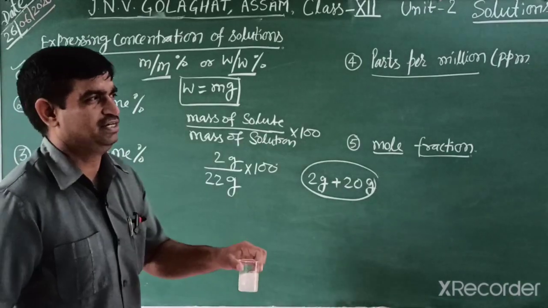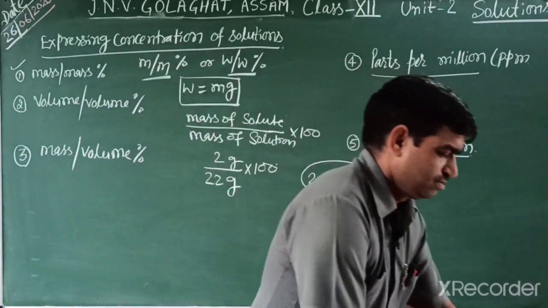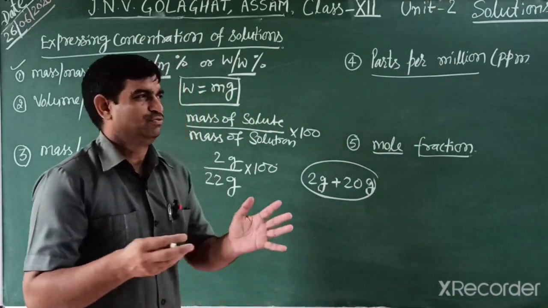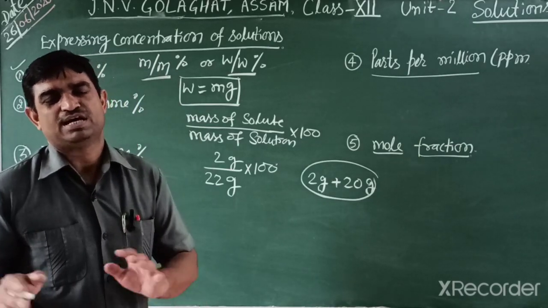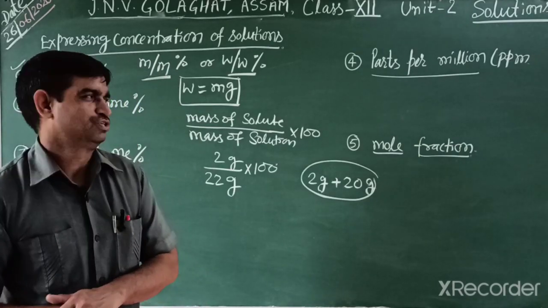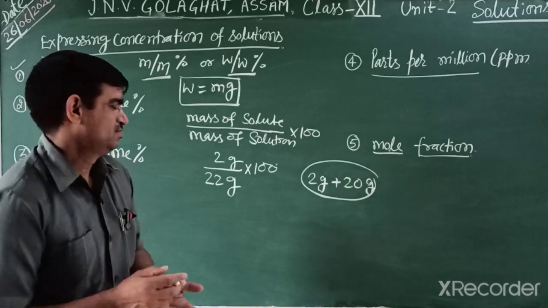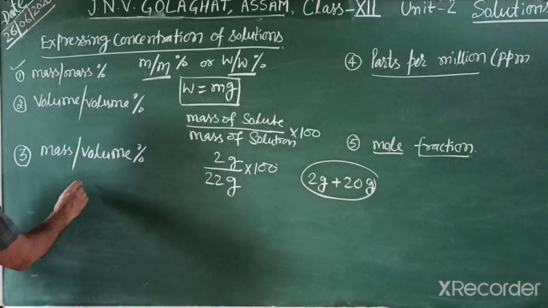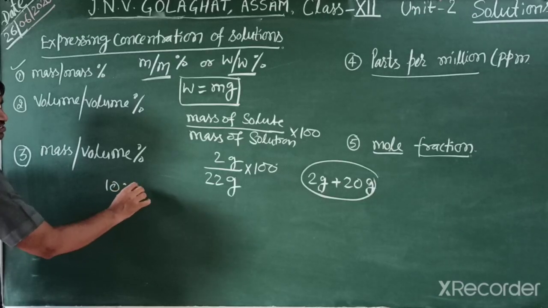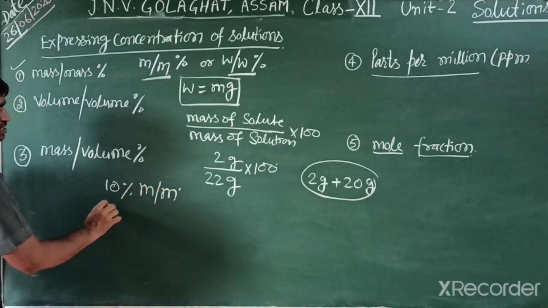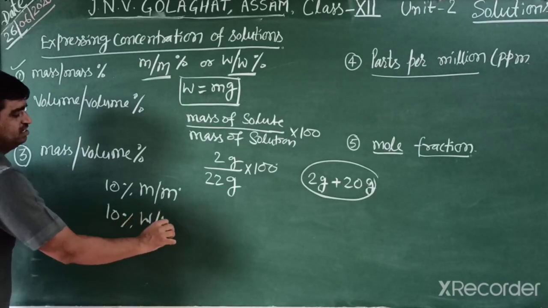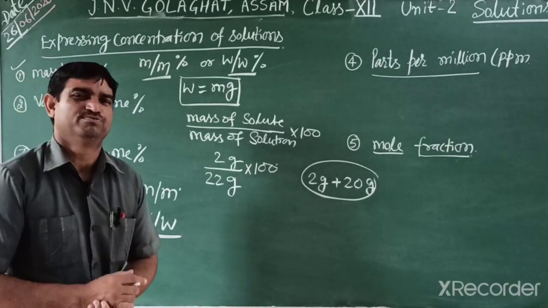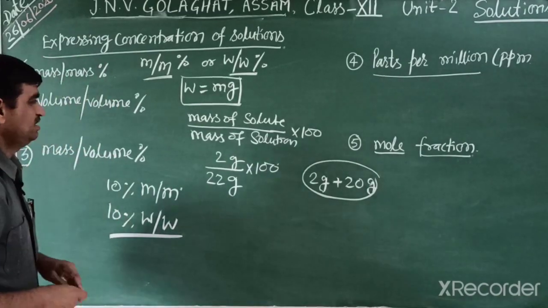So students, generally when any solution comes, and that solution contains, like this, a glucose solution that is a 10% mass by mass solution, find out what are the weights. So what does it indicate? Sometimes in exam questions, a solution has 10% mass by mass, or you can say 10% weight by weight glucose solution. So what are the masses and how can you identify them?